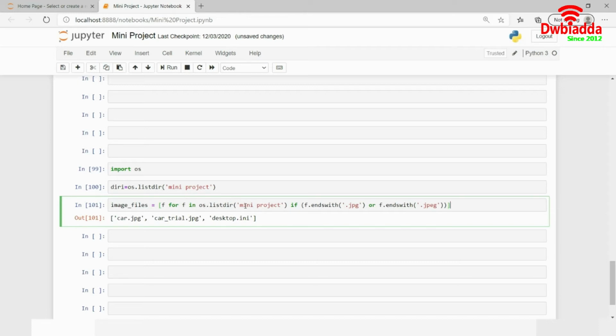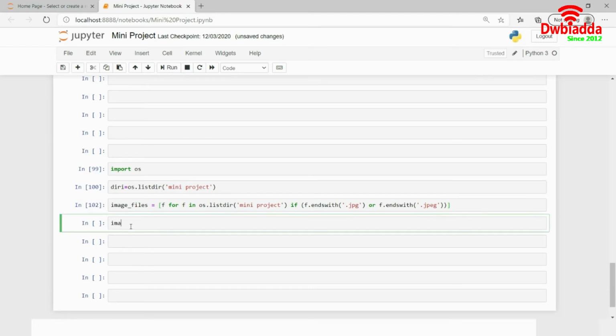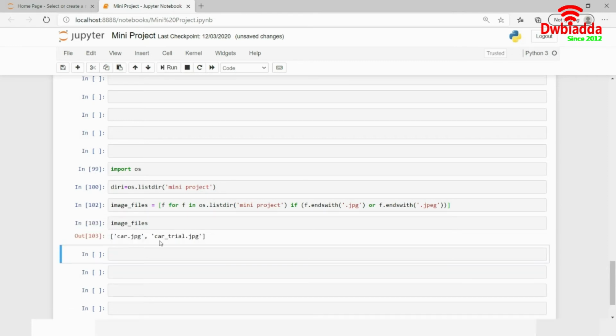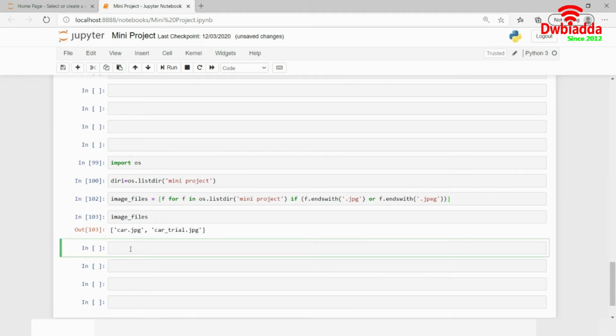So I can iterate over the mini project directory, and check if the file ends with .jpg or .jpeg, then store it in a list known as image files. If I print the image_files list for you, you will see that I am getting car.jpg and car_trial.jpeg. Now I can iterate through these images in the particular folder and read them.